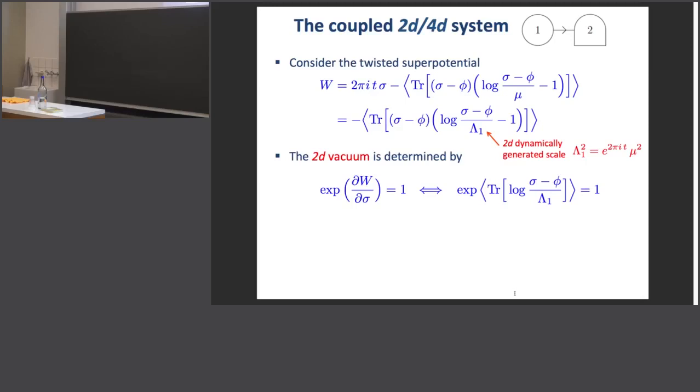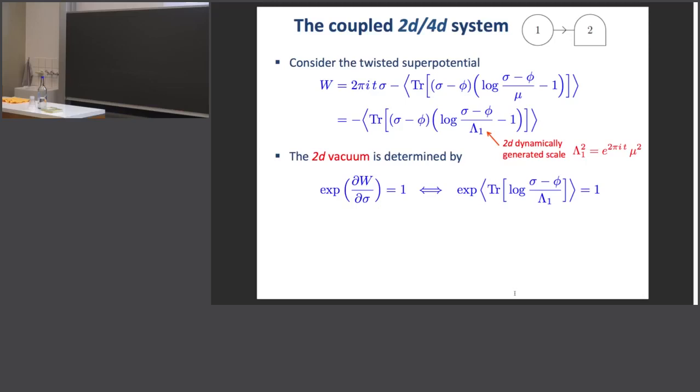So dW d sigma equals 0 up to a factor of 2 pi, so it's more appropriate to write the equation in this form, which translates, by using this explicit expression of W, into this equation, which involves something in quantum two dimensions, evaluated, however, in a four-dimensional quantum theory. And to compute this